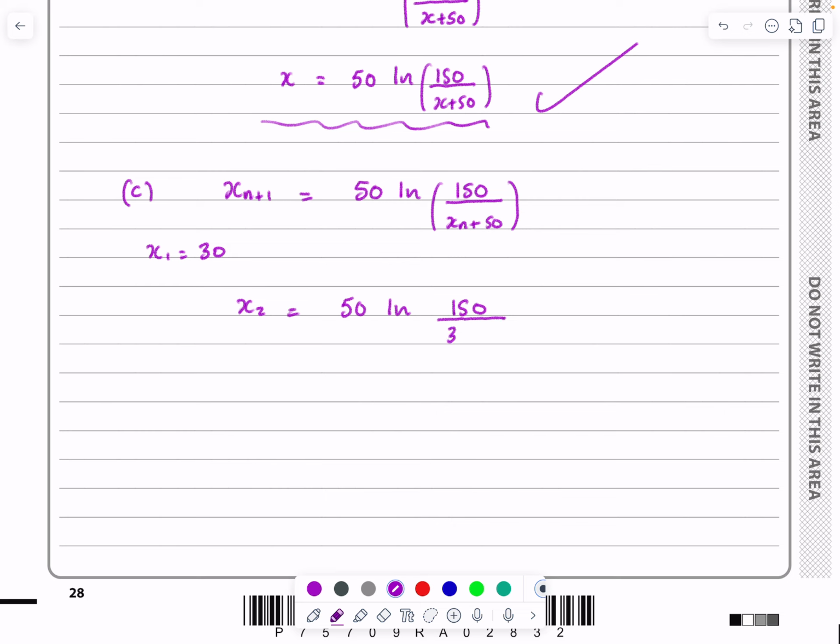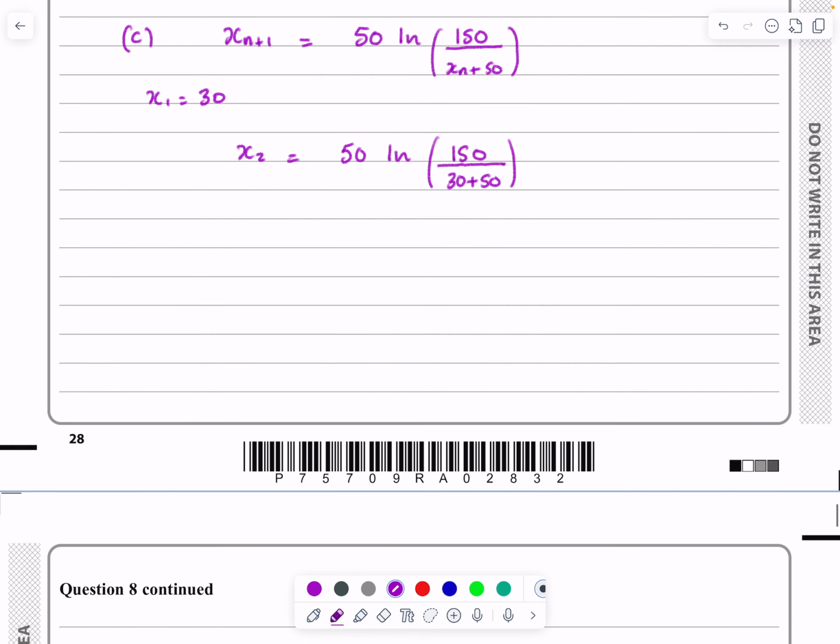So over 30 plus 50 here, which is 50 log 150 over 80. And then I don't need to worry too much because it says, can I do it to 2 decimal places? So to 2 decimal places, x2 will work out to be equal to